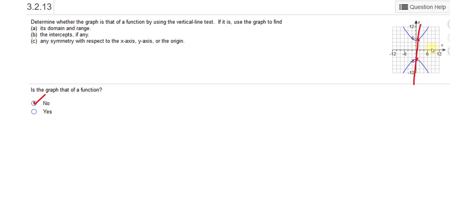We don't have any crossing over the x-axis, but we do have the y-intercept, right? The y-intercept is, I believe, 5 and minus 5. So the y-intercepts are (0, 5) for the top one and (0, minus 5) for the bottom one. And the domain